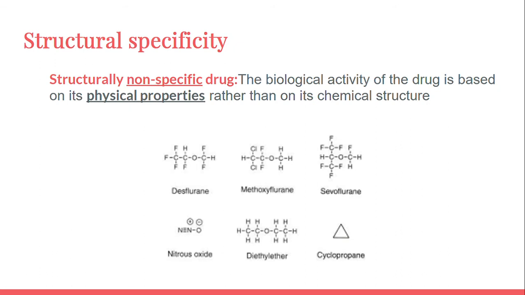4, 3, 2, 1. And the answer is, more blood soluble means more time for saturation in the blood, so a longer time to saturate the blood, leading to a slower onset of action and a longer recovery time, because then the drug would have to spend more time saturating the blood and therefore takes longer to reach the brain, logically. The opposite is also true, and so among the drugs presented here, nitrous oxide is completely inorganic